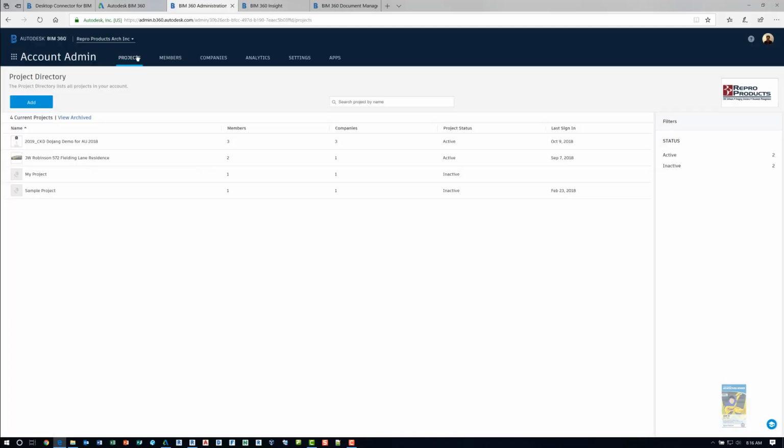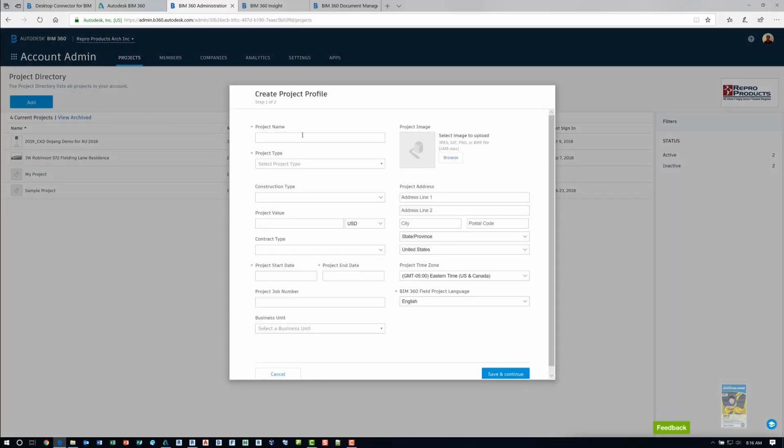First thing you'll need to do before you start uploading your Revit model is to create a project. I have several already in here to work with, and if I need to add a new one, I just click Add. It'll ask me to give it a project name, a type, and all the pertinent information. You can always enter this data later. For now, for the sake of the video, we're just going to put in a name so that there's a spot for us to upload content. So I'm going to call this project name